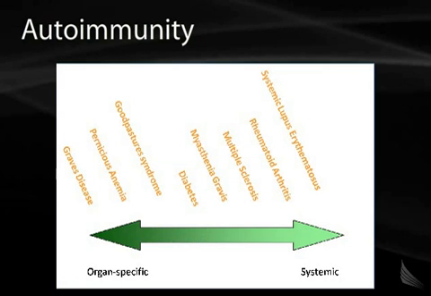There's a broad spectrum of autoimmune diseases. They can be very organ-specific, ranging all the way to systemic. A lot of that has to do with the reason behind the autoimmunity, what cells are involved, or what class of hypersensitivity they may or may not fall under. We can see very specific diseases, such as the thyroid disease Graves' disease, all the way through to very systemic ones, like SLE.